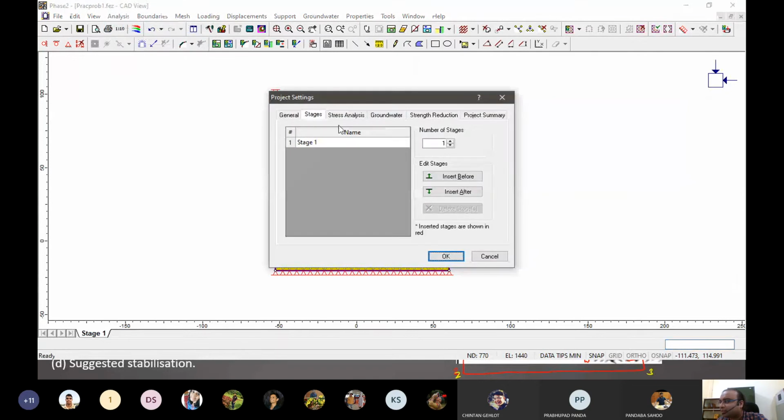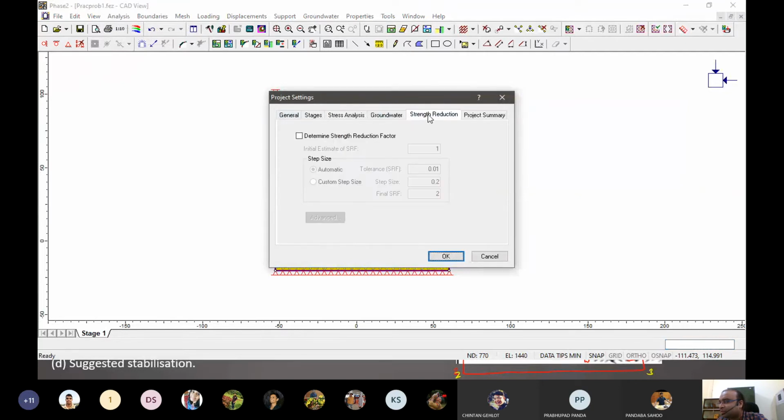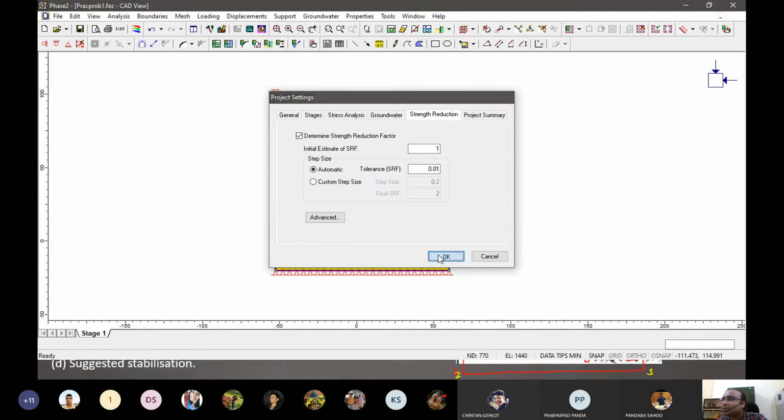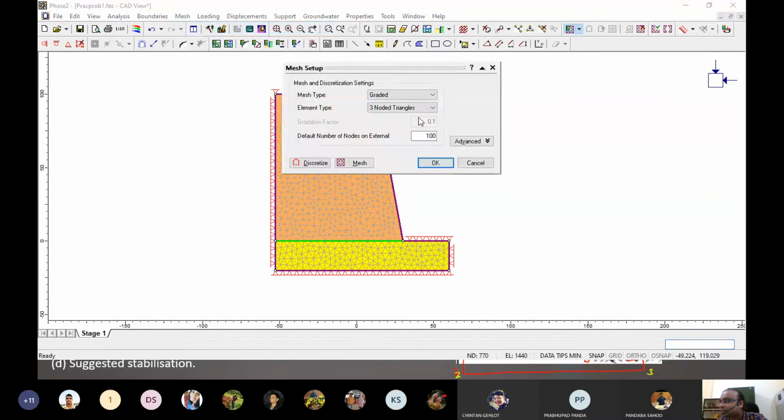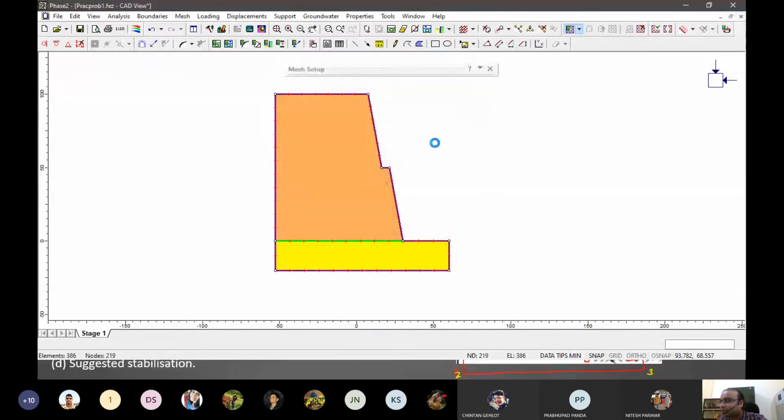Do the SRF. So we have two values. And as it's taking time, what I will do is I will change the mesh setup to lower degree so that we can do it quickly. And click OK. Yeah, let's do that.